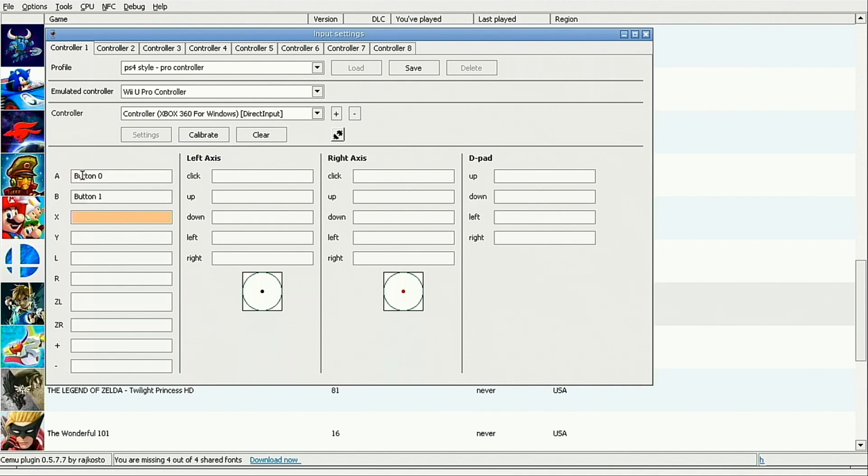A, B, X, Y, and so on, and you're going to work your way all the way through that. And then when you're done, you're going to save it, okay? Now I'm not going to save this because I've already done my setup on this, okay? But that's where you're going to do it. And once it's saved,